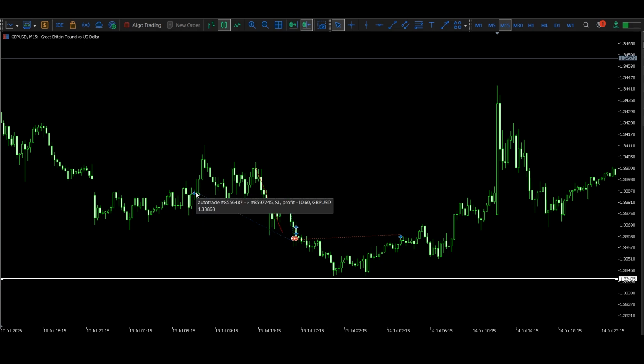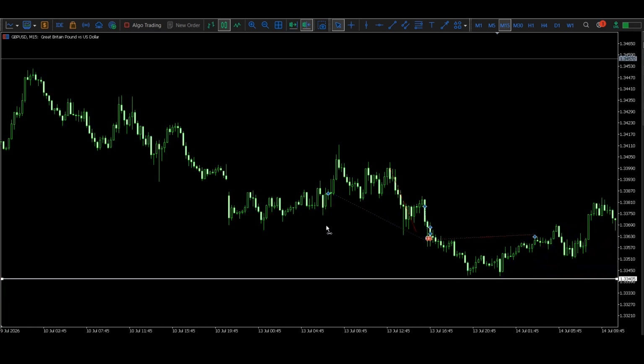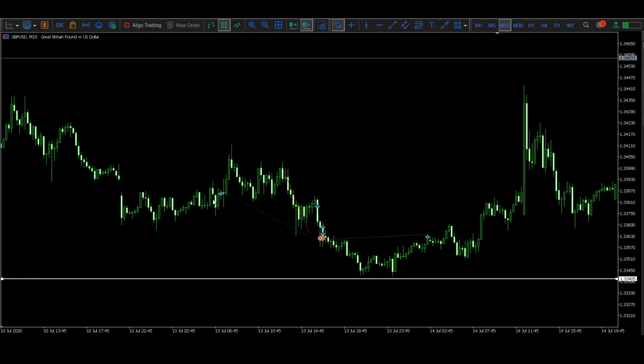Here, I took a buy trade. Why? Because the overall trend was bullish, and price was reacting from an important level. And the interesting part is that my initial analysis was correct. But the problem started when the market moved slightly against me. Instead of following my plan, I got affected by the short-term movement.